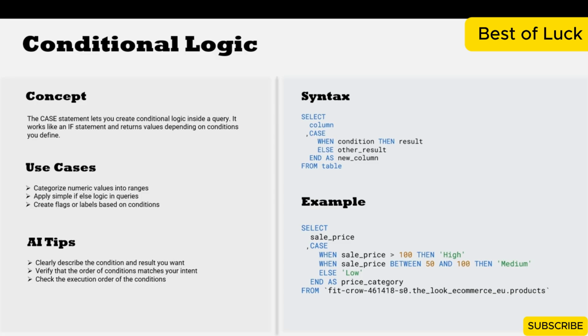Now, just like with other concepts, AI tools can generate case statements for you, but you need to be clear. Tell the AI what the input column is, what the conditions are, and what you want returned for each condition. For example, say categorize sale price into high when it is above 100, medium when it is between 50 and 100, and low otherwise. That phrasing will give you the exact case statement you need. Also double-check that the order of conditions matches your intent, because the